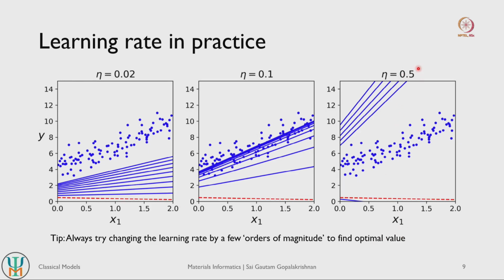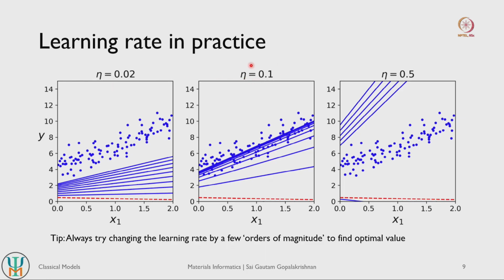Let's say you use a very large learning rate, about 0.5, then you may start here. Your first iteration may actually go all the way here. So you have taken a very large step, whereby you have completely missed the data points. And maybe then you try to course correct, you predict a line here, which is again very wrong, and then you again try to course correct, you predict a line here and so on. So you keep oscillating around the set of data points, but you never reach close to the optimal fit. So large learning rates are bad, very small learning rates are also equally bad.